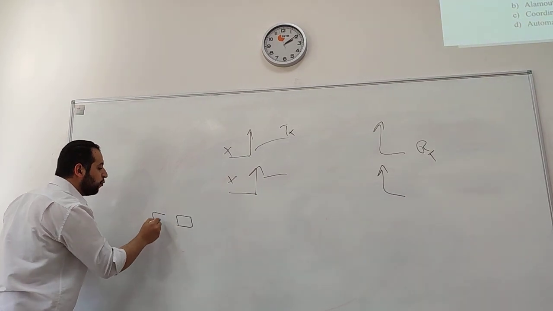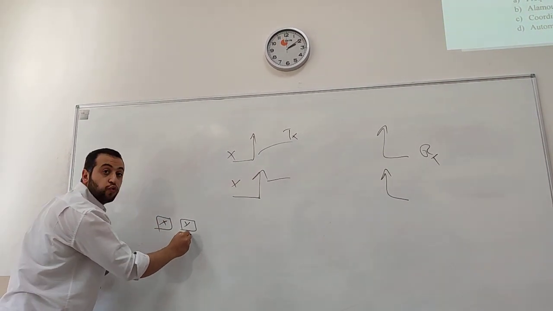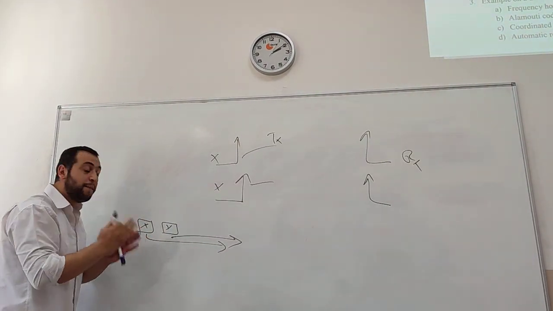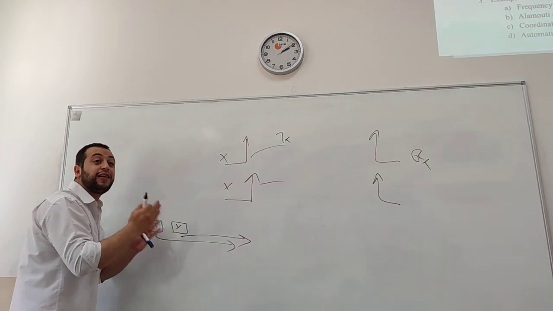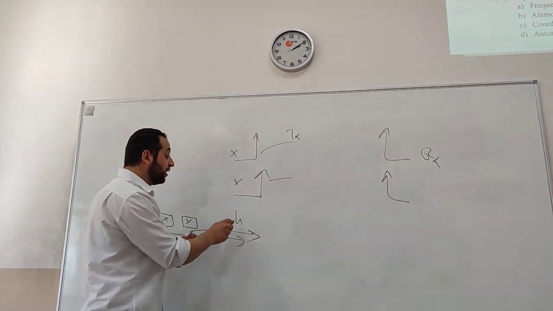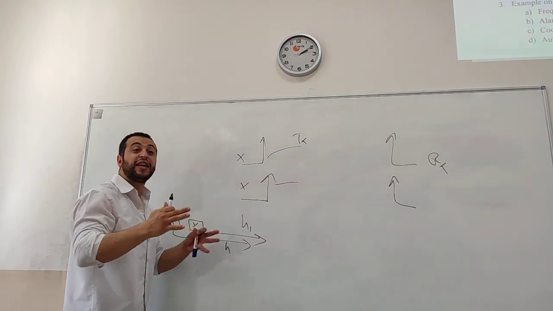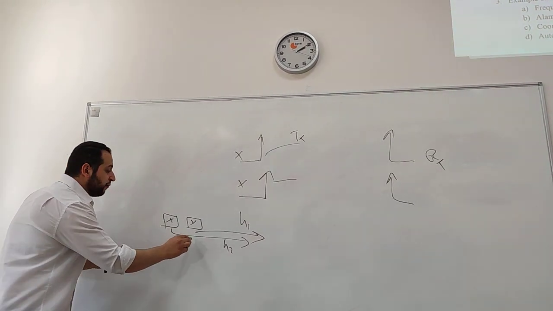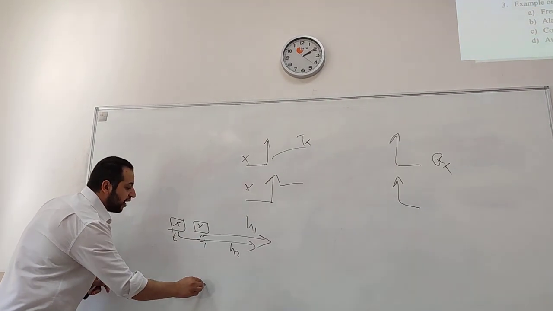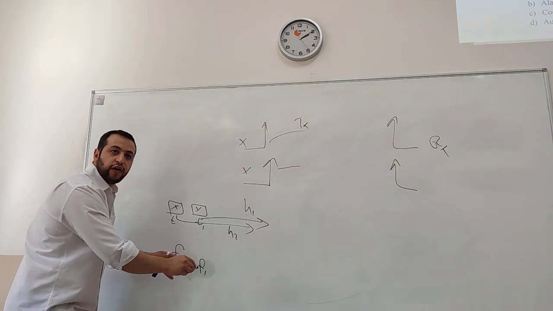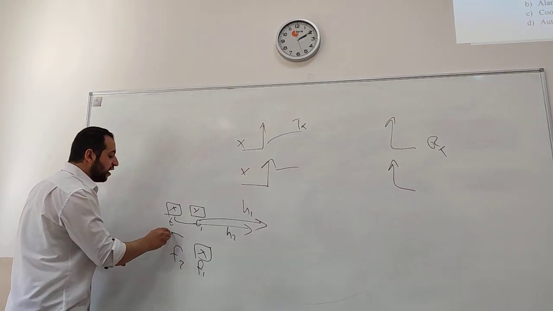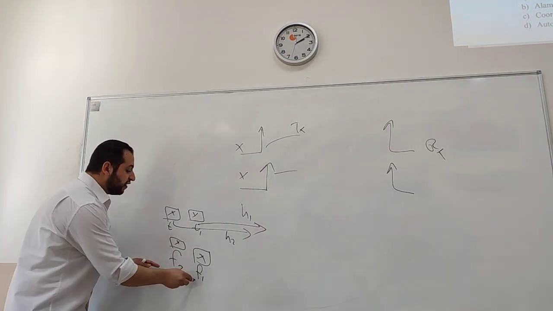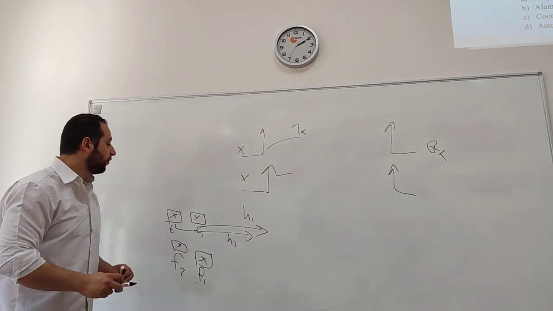Diversity can exist in time where you send the same symbol in two time slots. You send it in the first round and you send the same symbol in the second round, but making sure that the second time slot experiences a different channel. If this experiences H1, this should experience a completely independent channel, H2. And it can happen in frequency too, let's say this is time 1, time 2, it can happen also in F1, F2. In the frequency of F1, you send the signal X, and in the frequency of F2, you send the same signal X again. And these are independent, of course, because they are on different frequencies.